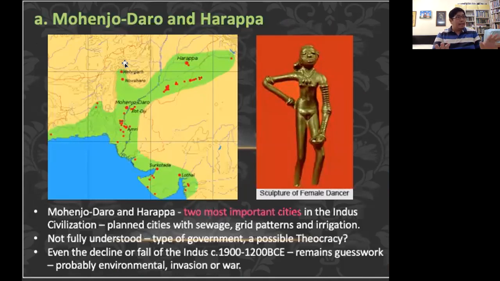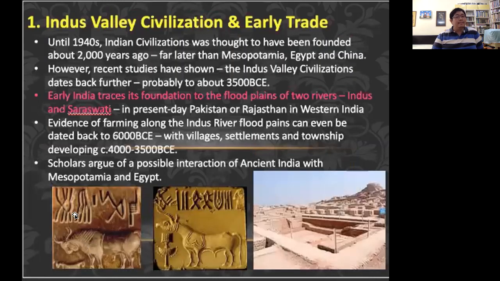So they are not KL and Petaling Jaya. You can't take one bus and go, no. They are actually very far apart. But they discovered similar seals. How can you find a similar product at two different places? It means some form of trade has taken place between Mohenjo-daro and Harappa. At the same time, they have found some of these seals outside of India, which also explains that